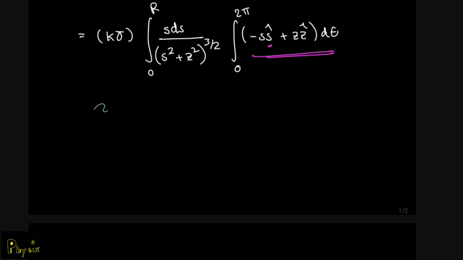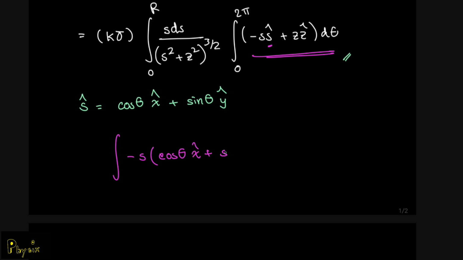Okay, so s hat in Cartesian coordinates is basically cosine of theta x hat plus sine of theta y hat. Now we are going to input this into this integral over here. So you basically have negative s times s hat, which is cosine of theta x hat plus sine of theta y hat,